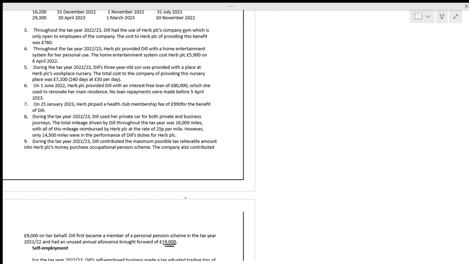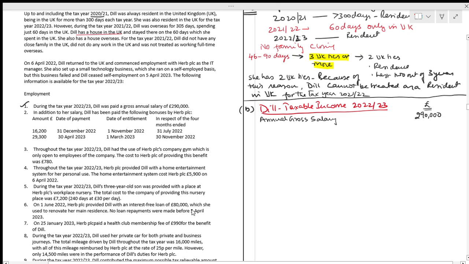Fine. What is the amount which has been brought forward? The brought forward amount is how much? 19,000. I will do this here only. Fine. Now I will put it as a working one. Okay. Next,